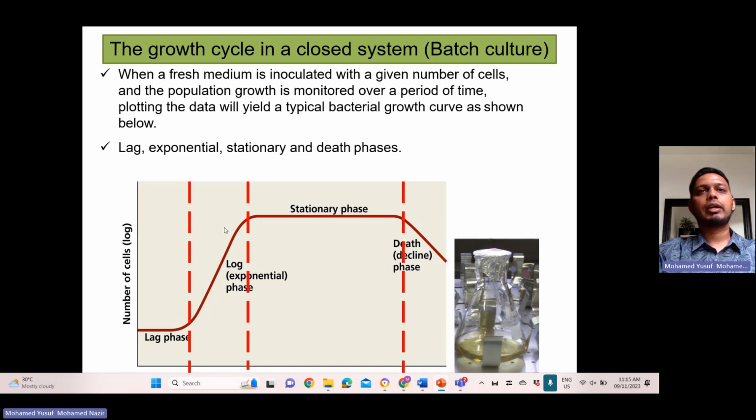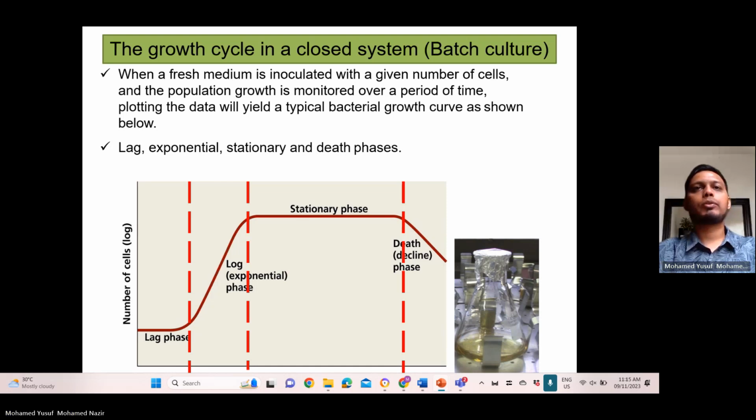But on the secondary, there are some important products that can be produced by the cell at this stage. The secondary stage is the stationary phase. Normally at this stage the growth of cells becomes stunted, and there will be a lot of secondary metabolites being released by the cell, either extracellular or intracellular metabolites. So if you are interested in producing some product from the microbe, you may first identify whether the product is a primary or a secondary metabolite, and then from there you can start.